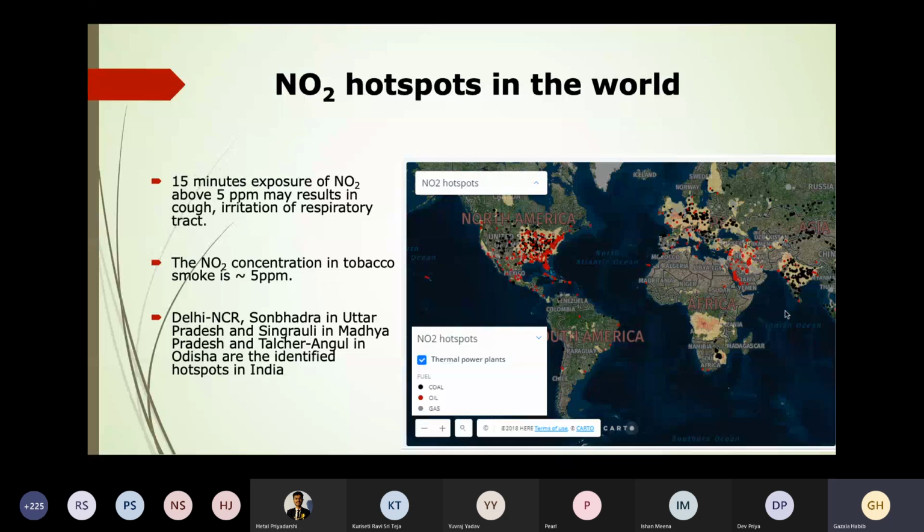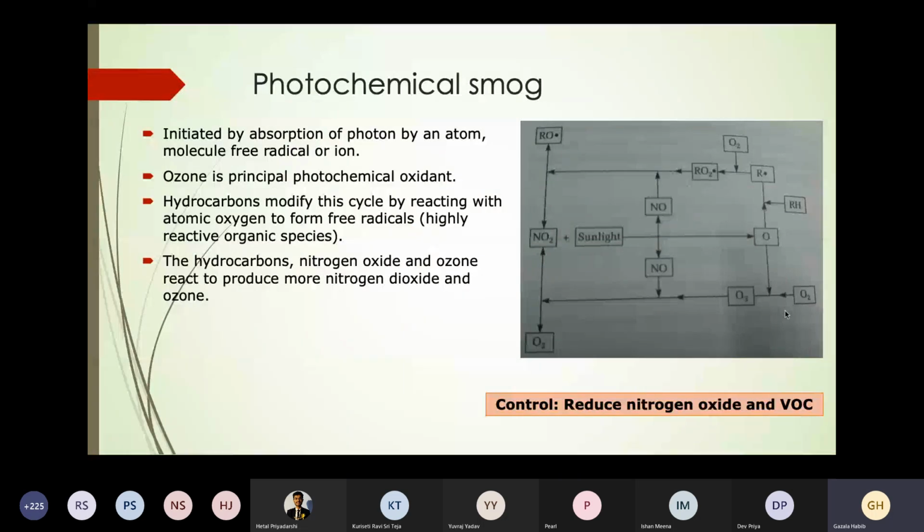But there are other cities also. Wherever there is a thermal power plant, this will happen. So I think it is good if you go through a Google search and find out how many thermal power plants there are in India, what the capacity of those plants is, and what the NOx emission from them is.